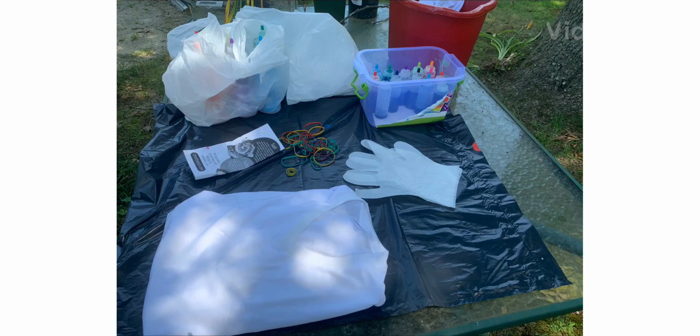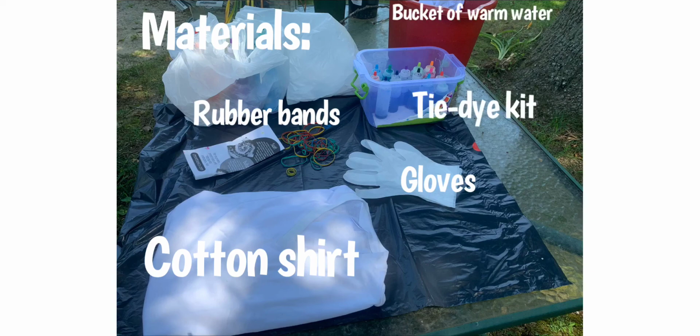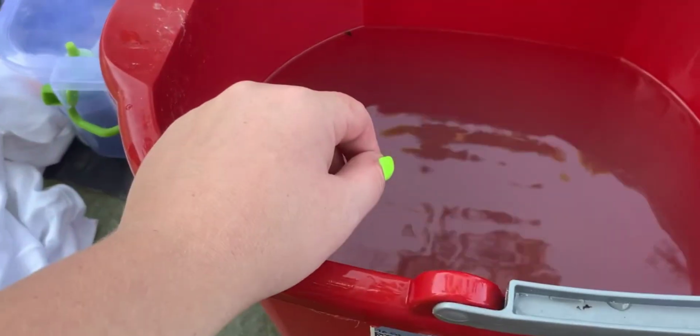Today we will be doing tie-dye. The materials you'll need are a cotton t-shirt, gloves, rubber band, a tie-dye kit, a bucket with warm water, and soda ash. Step 1, you're going to get your bucket, fill it with water, and mix in your soda ash